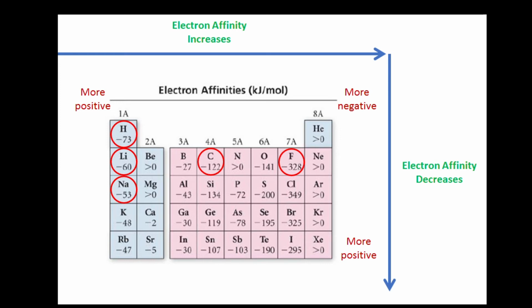This increased nuclear charge leads to a greater pull of the outermost shell towards the nucleus. So atomic size decreases. The effective force of attraction on valence electron increases. Hence, greater energy is also released. Therefore, greater energy is released when an electron is added to the atom. Thus, electron affinity increases. Now, let's see what happens when we move from top to bottom in a periodic table.